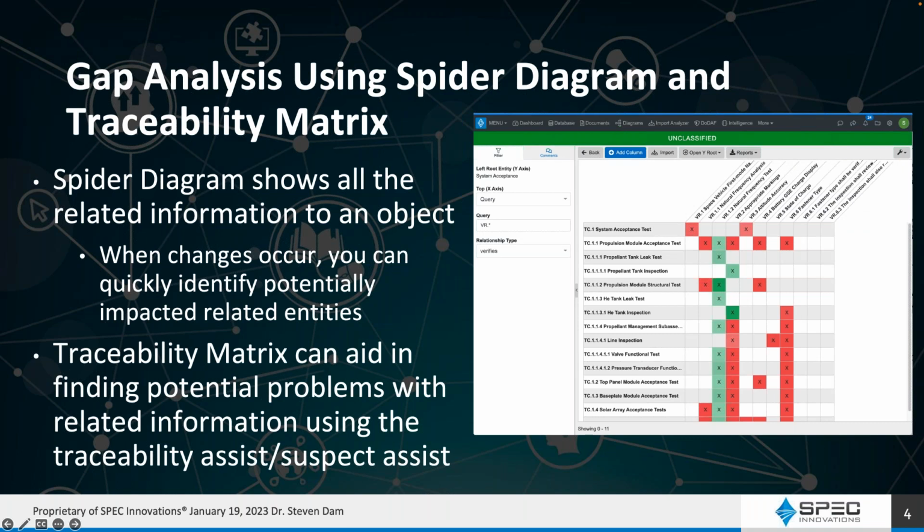The traceability matrix only lets you see one relationship at a time. It's between two things, so now I can see the two things on each axis, and then I can see which specific relationship. For this example, we're using the verifies relationship. At the top are my verification requirements, and I'm tracing them to my test cases using